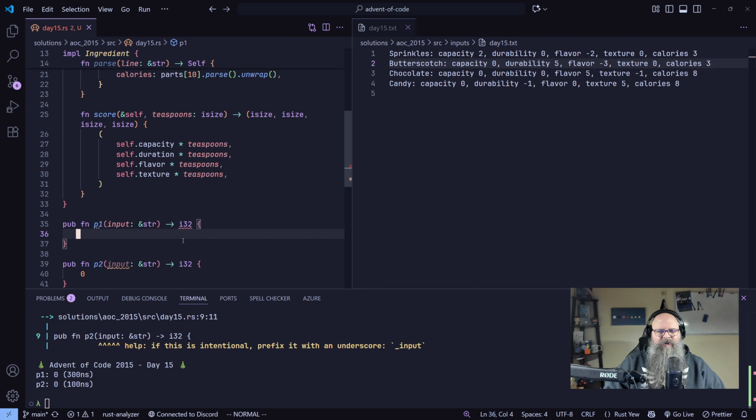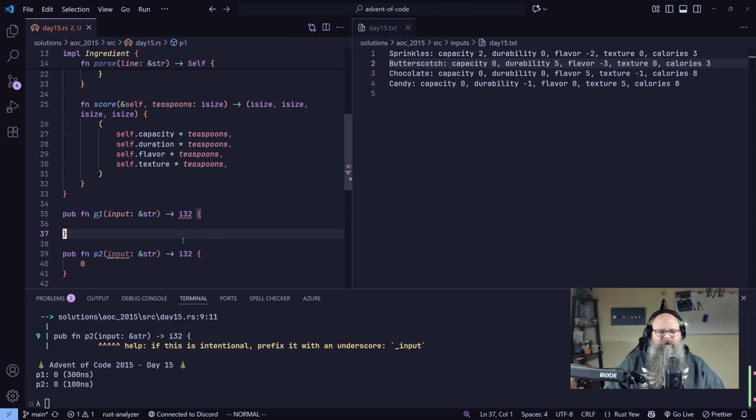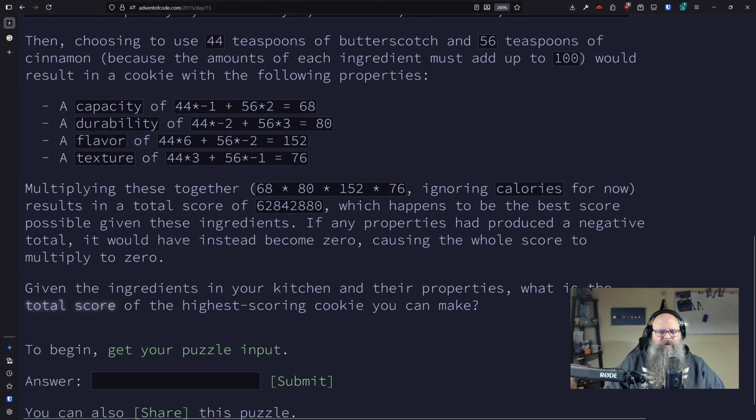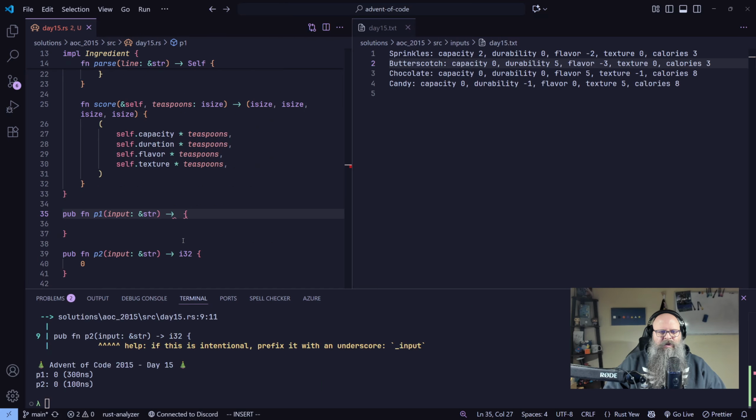Let's do it in a non-functional way for now. Actually, I guess we could do it functional. The best score possible is such that, if any property produced a negative total, it would have instead become 0, causing the whole score to be 0. I'm still going to use an isize. But the idea is we say